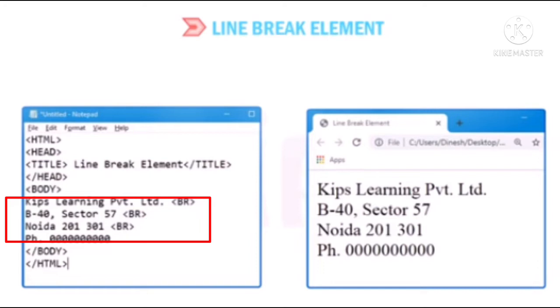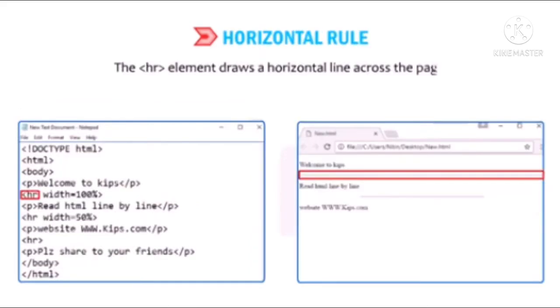We are using this BR tag, and if you want to break the line, at the end of the line we will put this BR tag. And children, we have already learned that this BR tag is an empty element, which means it contains only the on tag.